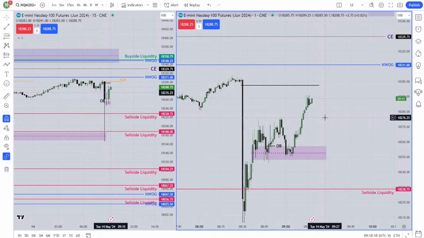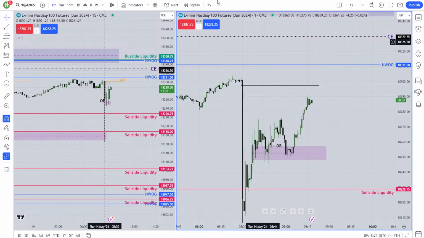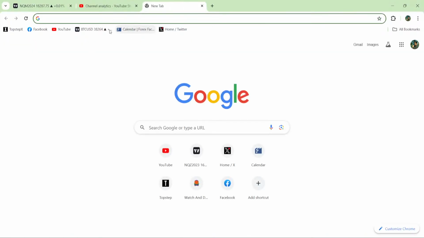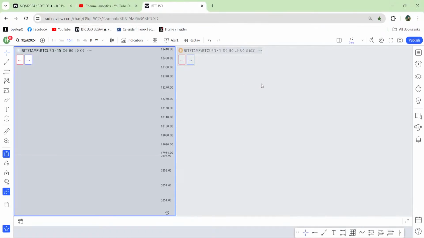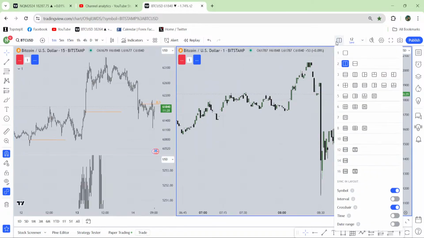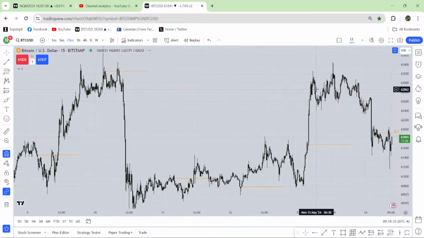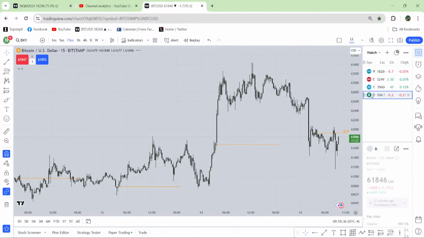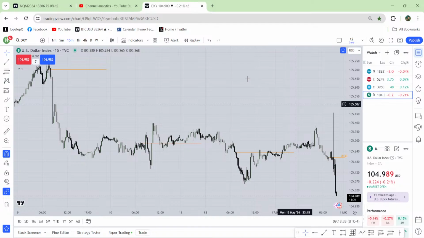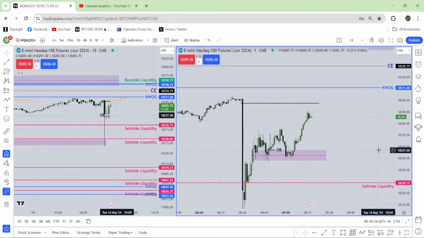Shubhangshu Gupta, DXY. I talked about DXY already. DXY should go for that sell side liquidity. I have marked the sell side liquidity. I don't know what happened. Not only me, but some of you are also facing the same problem for DXY. It's just getting jammed. Let me try one more time. Okay, no, still, see, nothing is working. Look, I'm clicking my mouse, nothing is working. So I guess there is some problem over there for DXY. I don't want to stay over there.